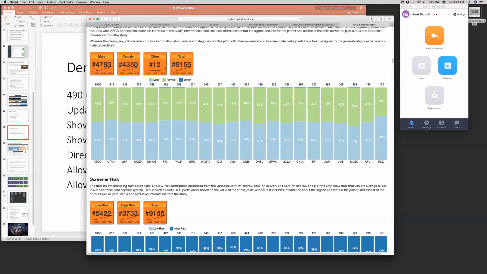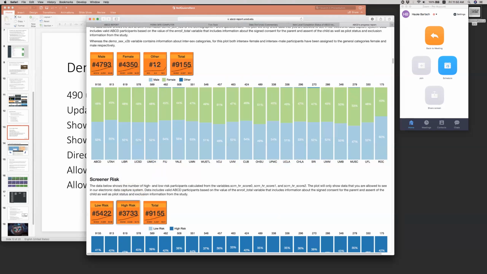It is not a very good measure, but we have been using it to guide some of our tracking inside the ABCD study. And you have in this one low risk and high risk. One of the features that are really nice is we can use these orange buttons in conjunction. So you can take, for example, the orange box for the screener high risk, and you can drop it on the other that we just